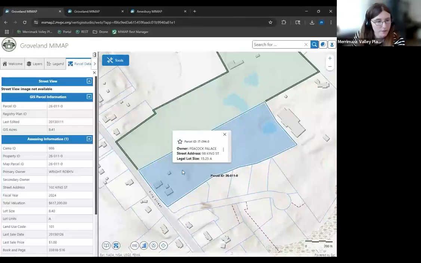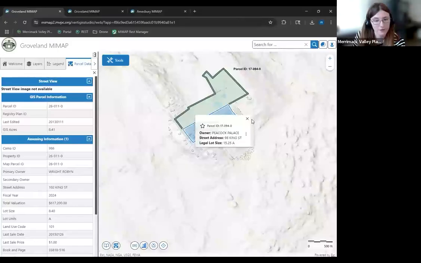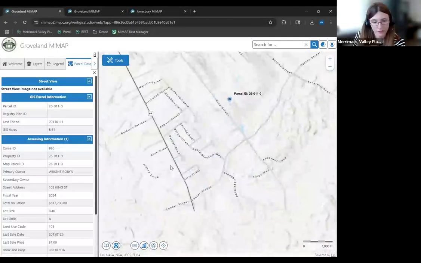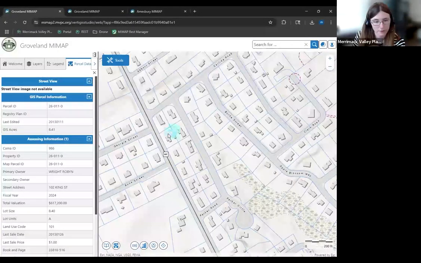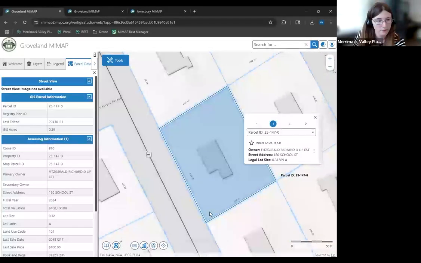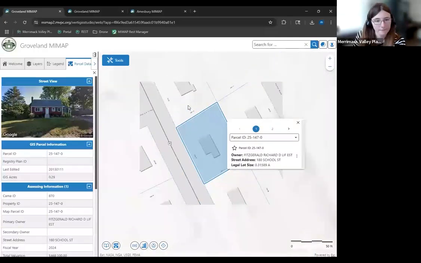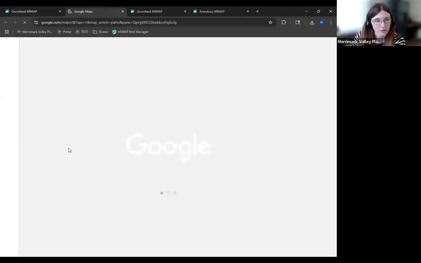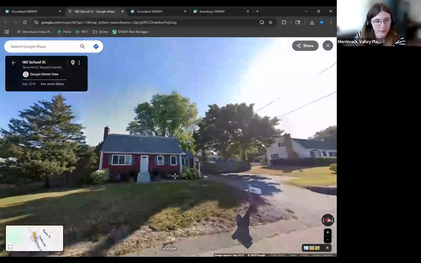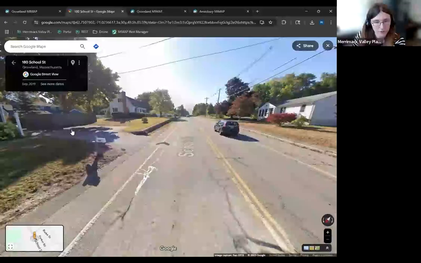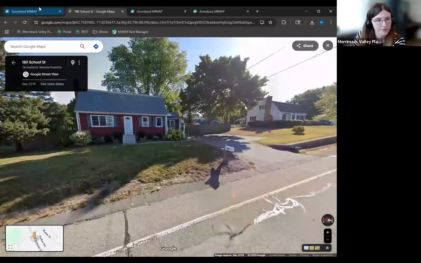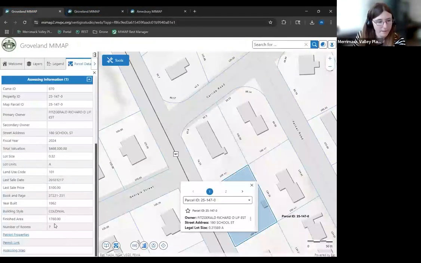Also you'll notice up here, when I right-clicked earlier and it said Street View, you can also see a Street View preview at the very top if there's a Street View available. Groveland is not very covered by Street View, but I think there's ones off of 97. Yes, there you go. So that's what it does. It faces the house and tries to get you a little image of it. Some places, if the houses are way back from the lot line, you're not really going to see much, but you can always click on this to go into it and look around and get a better idea. So this is the house that we were just looking at on my map, and now it's in Google Maps. Pretty convenient.